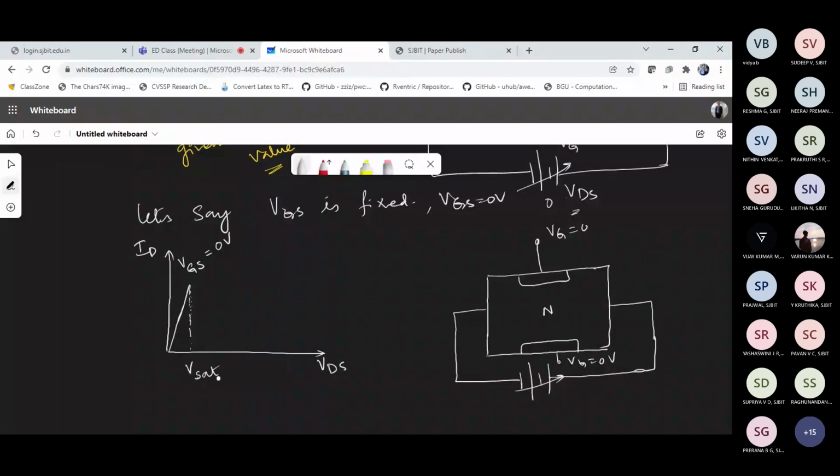So right from 0 up to certain voltage, which I'm calling it as VSAT, there was a linear increment in the current value as far as VDS change is concerned. Now, after the V saturation, what is going to happen to the current is what we have to understand. So further to it, remember VGS is still set to 0. So beyond VSAT,